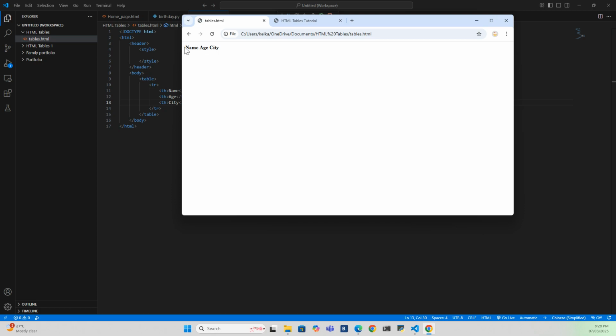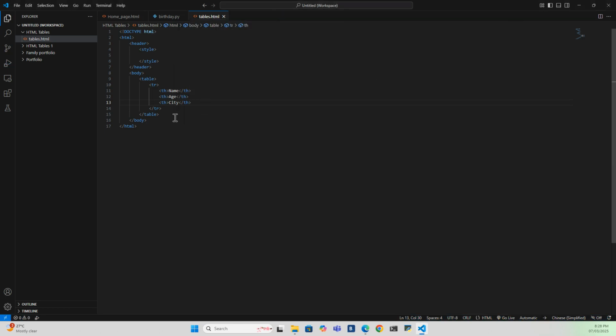Now these are just three words printed over here. Of course, we will improve them with the help of CSS properties. The lines will also be displayed once we use the CSS properties. Now let's continue with the main table format. Next we again have to type up the tr tags, but this time it will be the row, for what we want: the name of the person, the age, and the city.